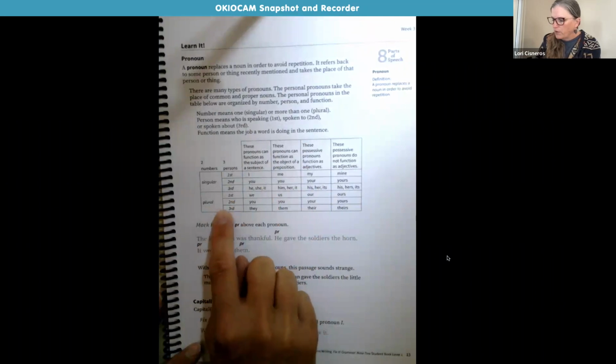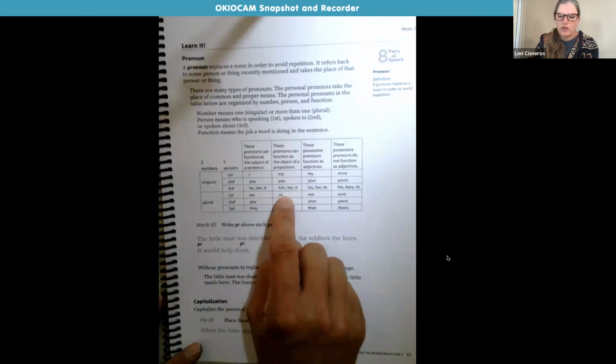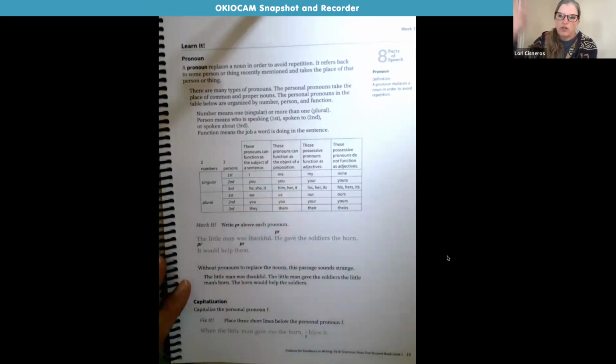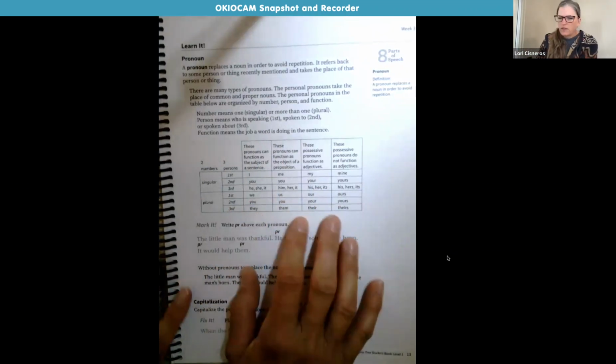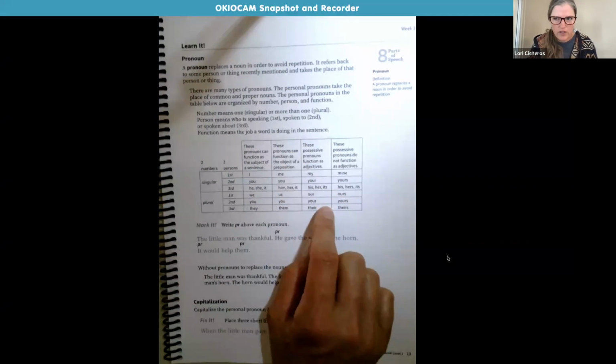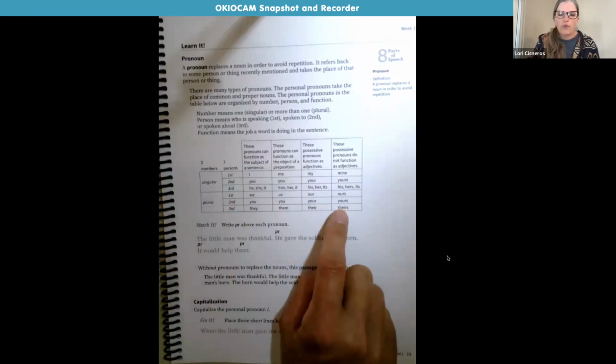And then, of course, here for plural, for more than one, we use we or us when you're talking about yourself and a group of people, like you and your family, maybe you would say we or us. And then in second person, you're talking about somebody else. And then in third person, you're making up a whole different character, okay, that's completely separate than yourself. It's just a quick overview. We're going to go over this a lot more, but all of these words inside this box in the middle right here, those are all pronouns. And those you will use throughout your writing.